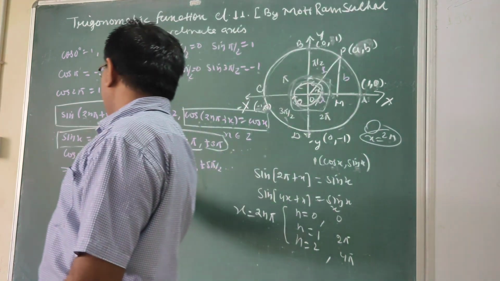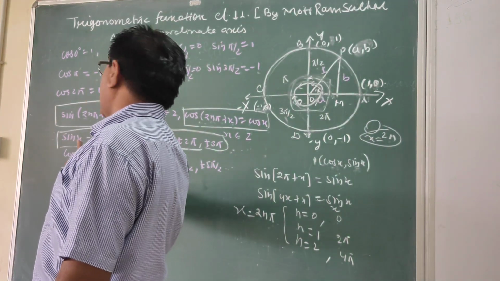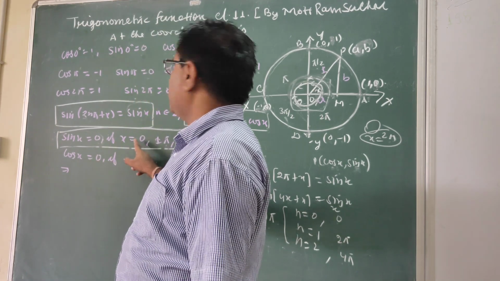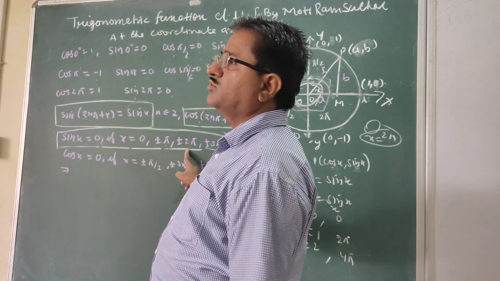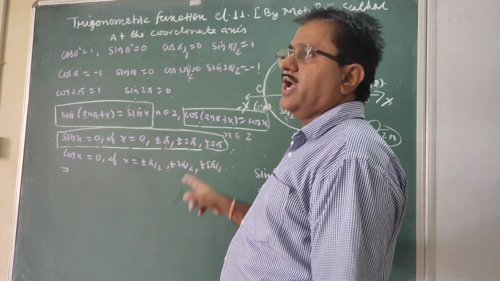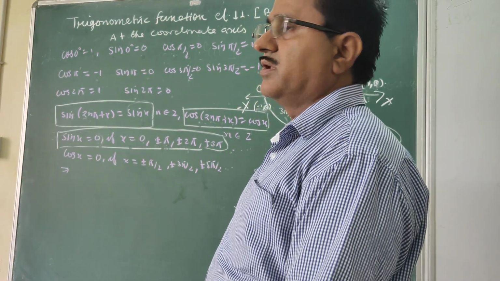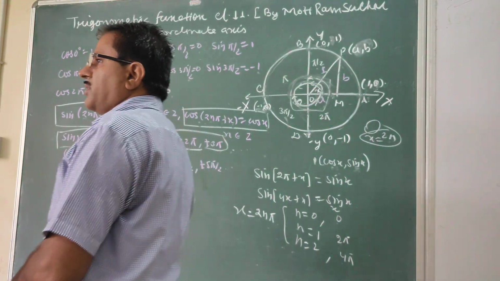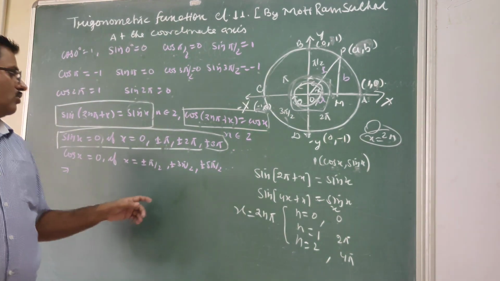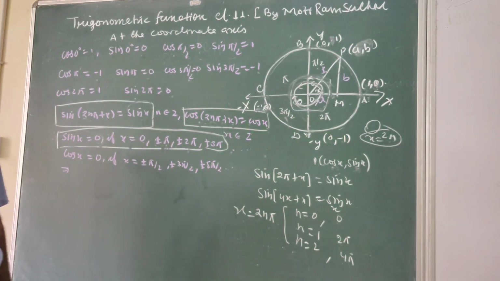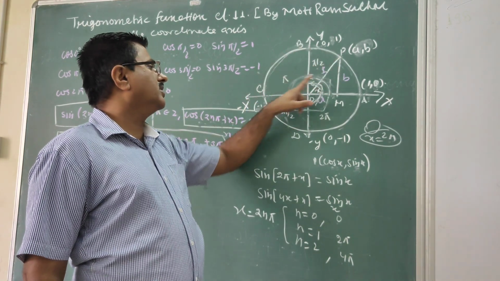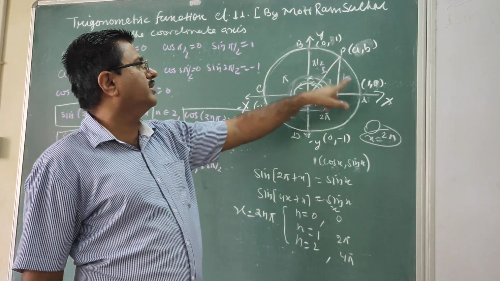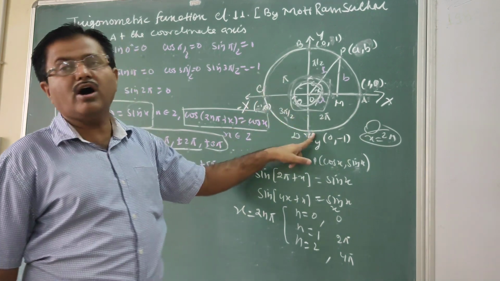And if you are taking a negative direction, then sin x equals 0 if x equals 0, minus pi, minus 2 pi, minus 3 pi. So this is again an integral multiple. Now what about the case of cos? You can say cos x equals 0 when this moving point P coincides with different positions, either A or B or C or D.